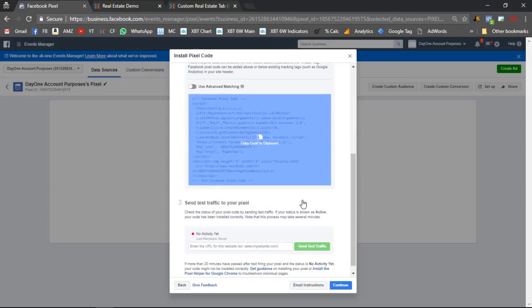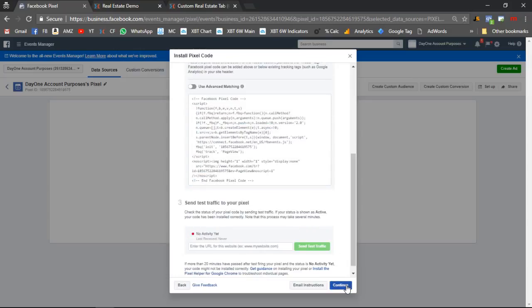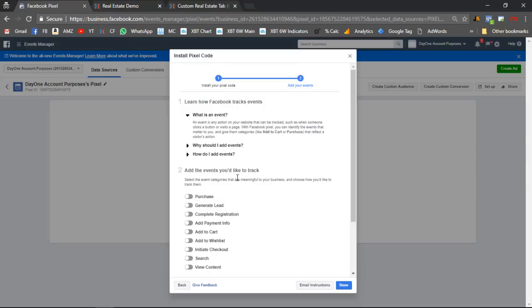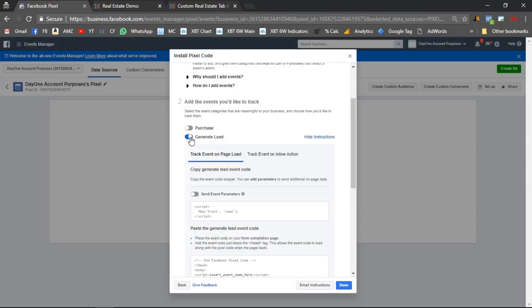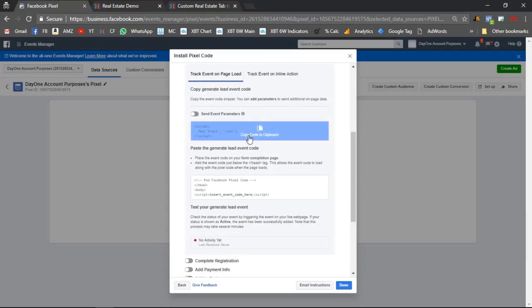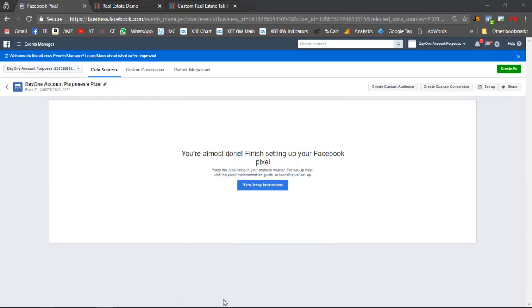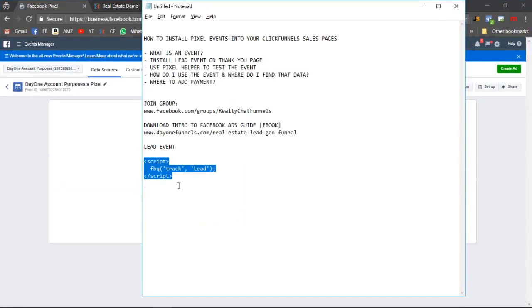This is your base code, remember? On the next page, if you were to hit continue, is where you actually find the events that you'd like to track. In this case, we were trying to track generate lead. You just go down here, copy to clipboard, click done, paste it into your notepad,